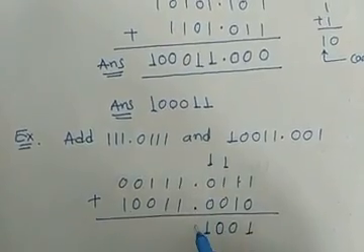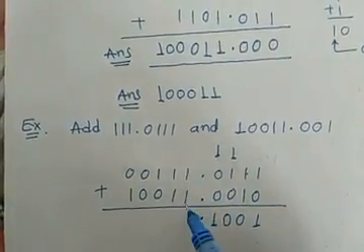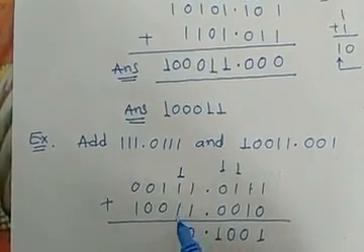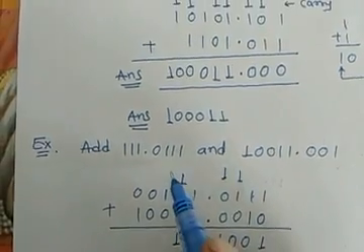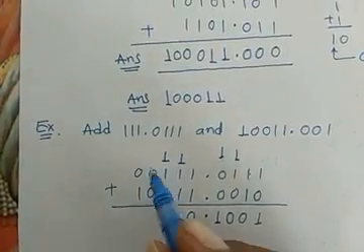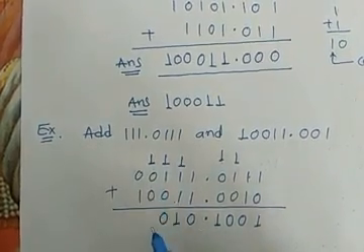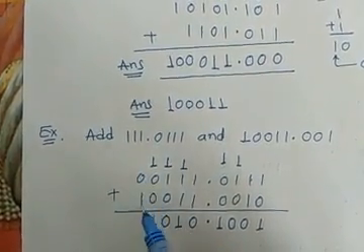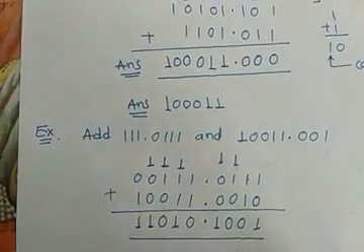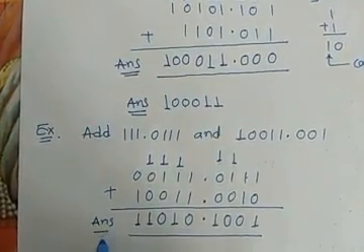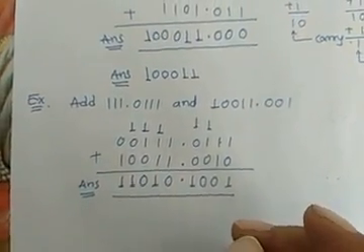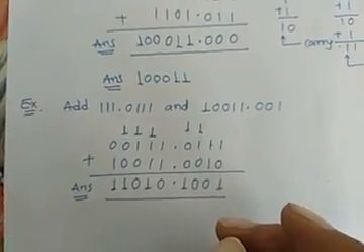The point is as it is at that place only. 1 plus 1 is again 10, we write 0, carry is 1. 1 plus 1 plus 1 is 11, so we write here 1 and carry is 1. 1 plus 1 is again 10, we write 0, carry is 1. 1 plus 0 is again 1, no carry, so last 1 plus 0 is 1. So which is our required answer. Okay, this was all about addition of two binary numbers. Okay, now we go to our next point,